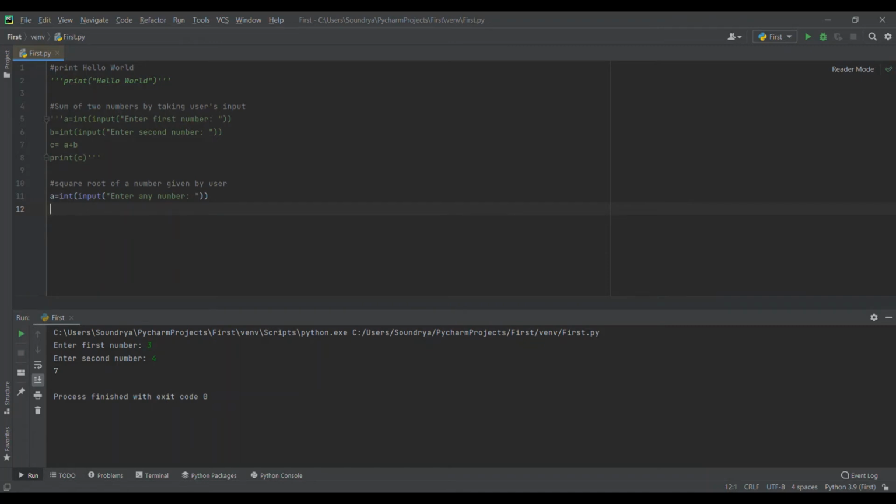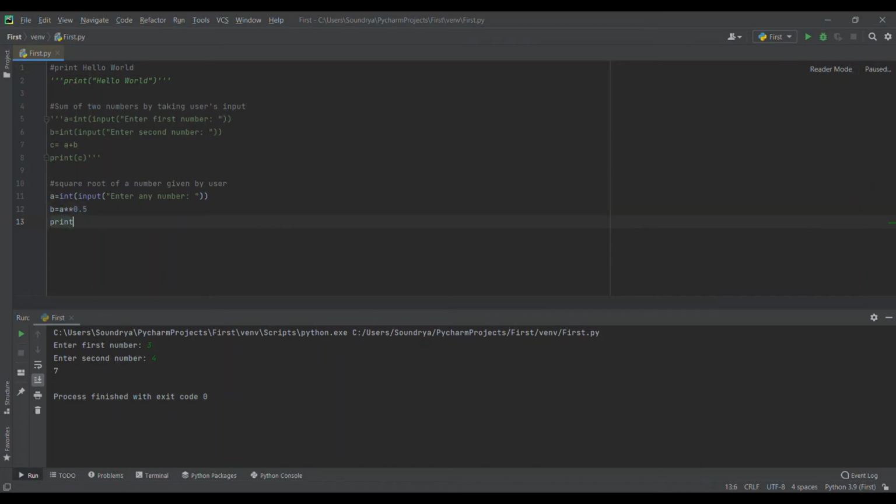Now we know that square root means any number raised to the power 1 by 2, and 1 by 2 is 0.5, so any number raised to the power 0.5. In Python for exponentiation we use the double asterisk operator, so b equals a, double asterisk, and we will write 0.5.